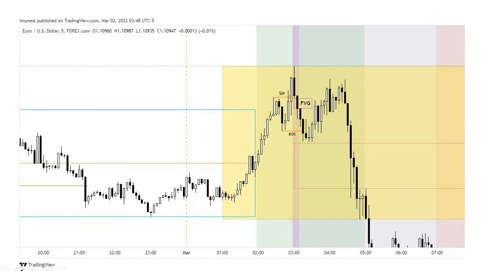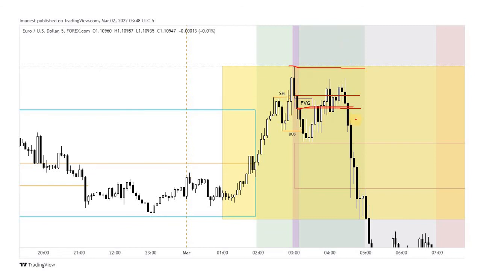So I'm going to place my entry just here, and it can be very risky if you place your stop loss above, but preferably above this point. Okay, yeah, this trade,